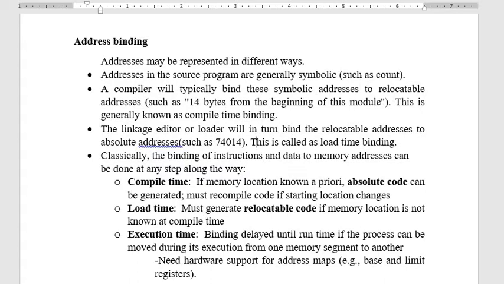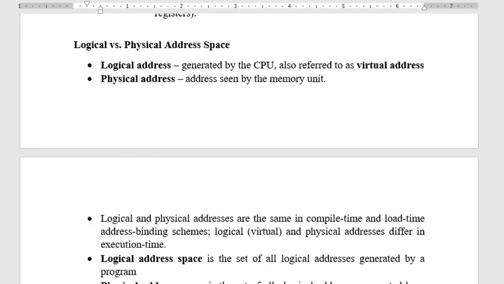Finally, in the execution time, if you know the relocatable code, that address can be added to the beginning address in the base register, and you get the absolute address for that program. The binding of relocatable code to absolute is delayed until runtime, because we are not going to know where this program will be allocated memory on the physical device. Until then the binding will not happen.